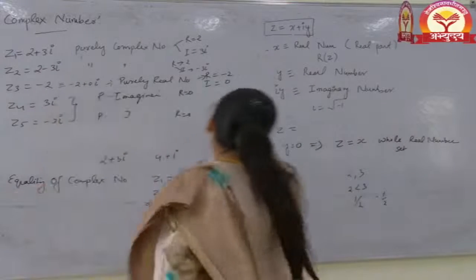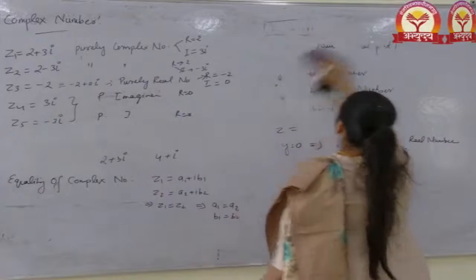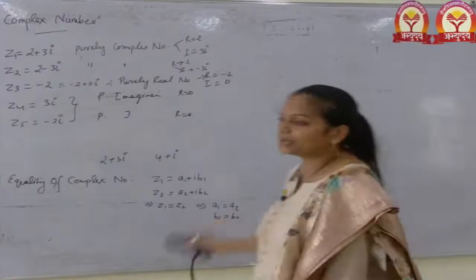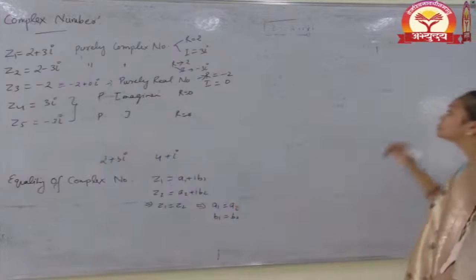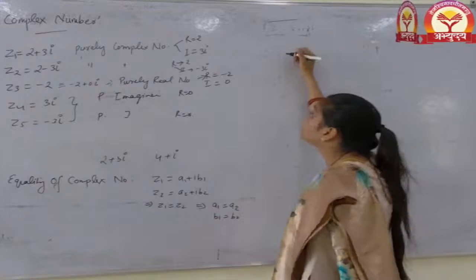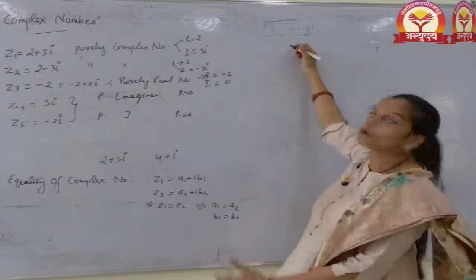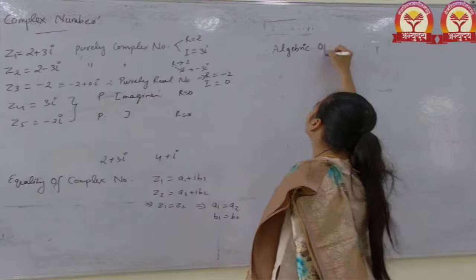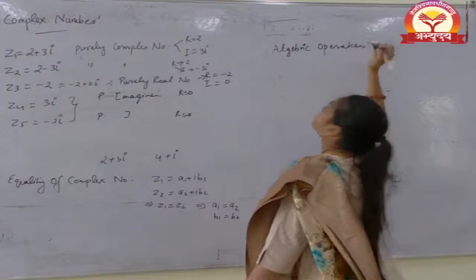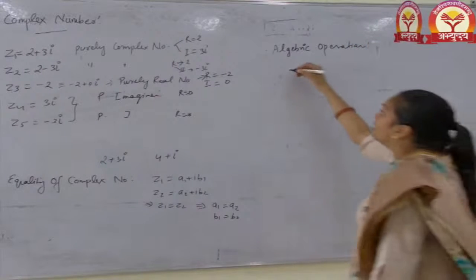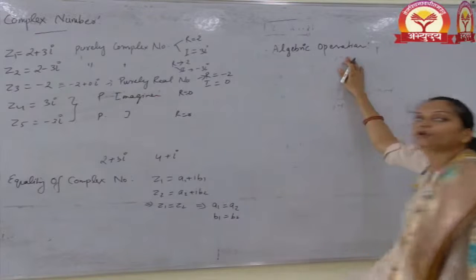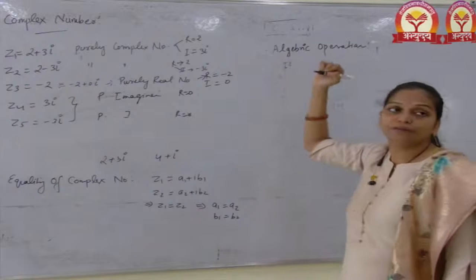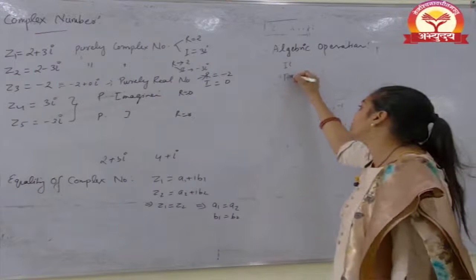Next. Some operations of a complex number. There are some basic concepts on this. Then we discuss some questions about a complex number. Algebraic operations of a complex number. There are 4 types of algebraic operation on a complex number. Number one, which one? Very good. Addition,